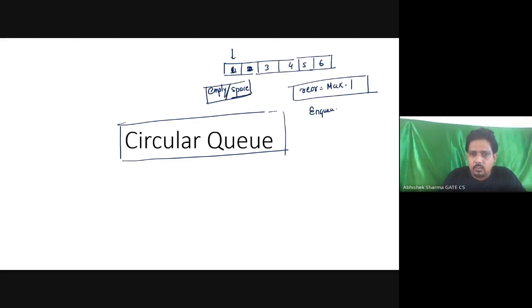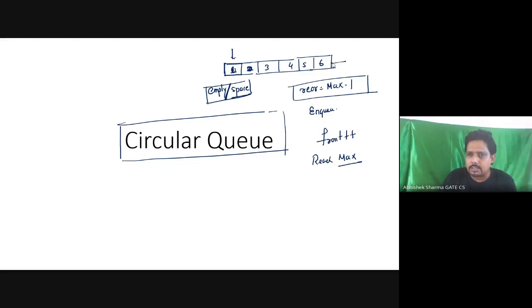And what about this empty space? In this empty space, what can we do? We can have an element. So rather than doing front plus plus, once we reach the maximum limit, max minus 1, we are going to make a circle out of it.